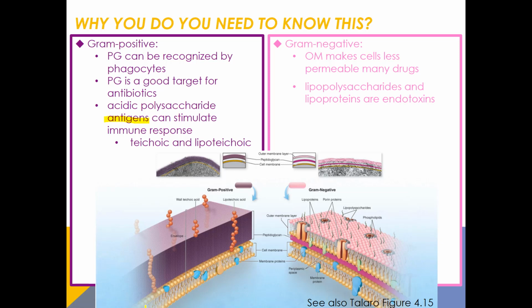And so, in gram-positive cells, not only do they have peptidoglycan, but also that teichoic and lipoteichoic acids that stick out there, those acidic sugars, are immediately recognized by the body. Things like our phagocytes, our white blood cells, and inflammatory compounds. Where on the flip side, gram-negative cells have those lipopolysaccharides, the lipids stuck down in the outer membrane, and these polysaccharide side chains, these long chain sugars that stick out of there. I will highlight them here.